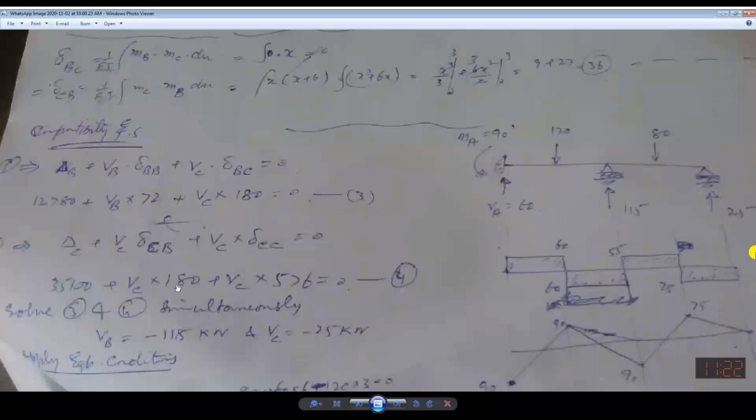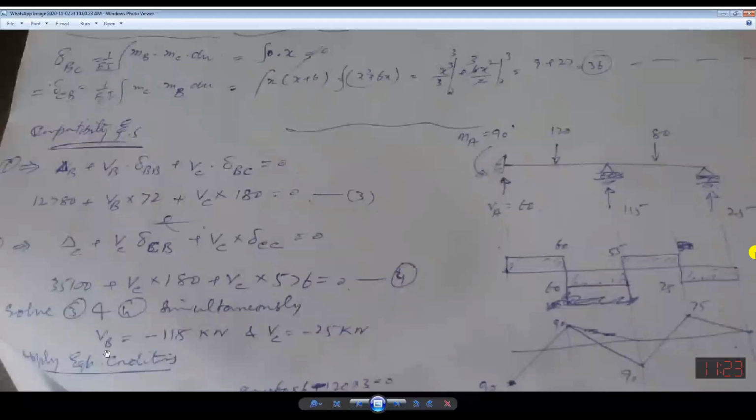So you will be getting this equation, third one and fourth one. Now you can see this is VB, ठीक है, ये भी VB है. This is VB, this is VB, this is VC, this is VC. Now you can simultaneously solve and you will see, you can see now, this is VB